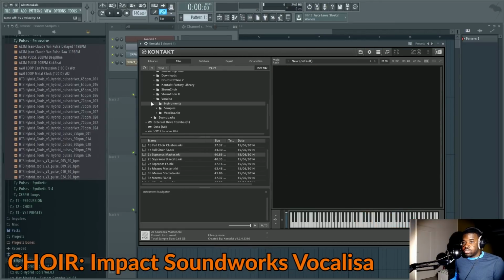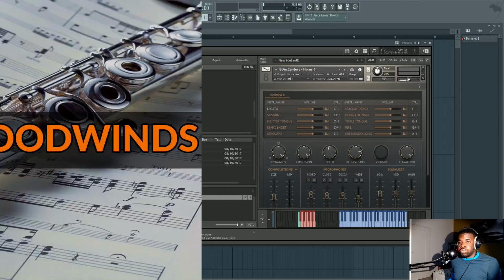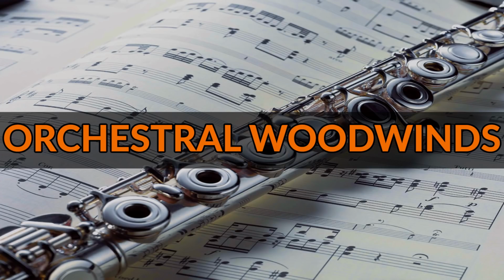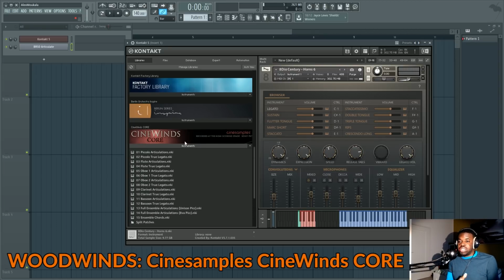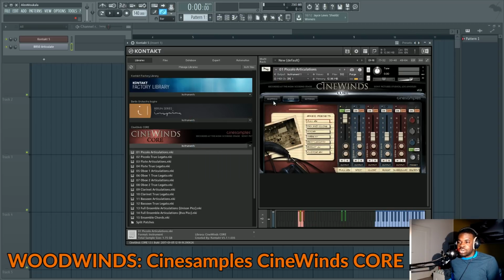That's Vocalisa. It's from Impact Soundworks. Then, as for the woodwinds, I just recently got CineWinds CORE, which you can hear too in my sonic example. It's the same concept really as CineStrings Solo, in the way it allows you to set up your articulations